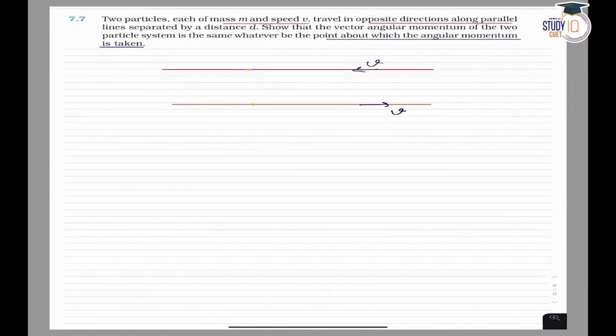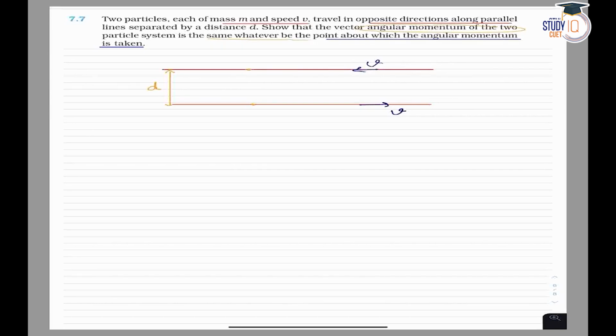NCERT Physics Class 11th, 7th chapter, which is System of Particles and Rotational Motion, question number 7.7. In this, it is given that two particles, each of mass m and speed v, travel in opposite parallel directions, separated by a distance d. So the distance between these two lines is d. These two lines are separated by a perpendicular distance d, so that the angular momentum of the two particle system